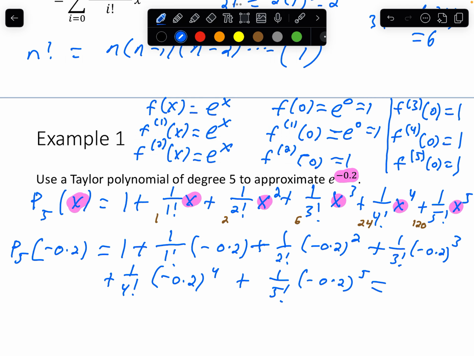But when we evaluate this entire thing with each of those factorials evaluated,